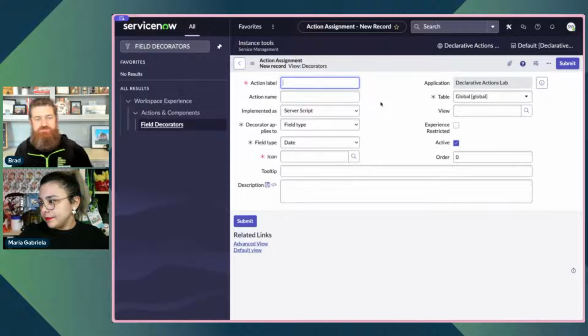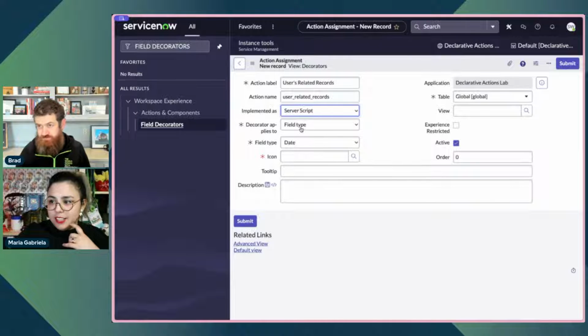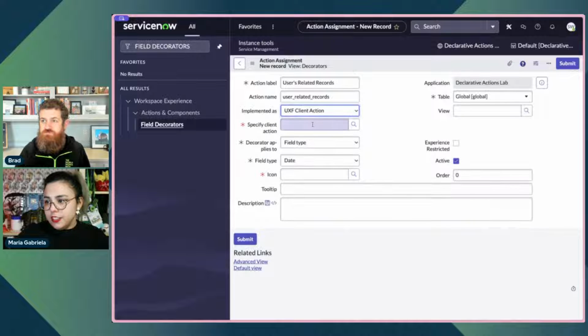Oh, okay. Type. We're going to name it users related records. Action name user related record. We're going to be able to implement it as different things. So you've got server script, client script as usual, but I want it to be a UXF client action. And it's my understanding that this is what lets me,